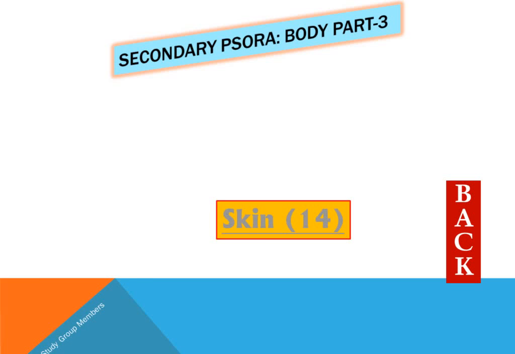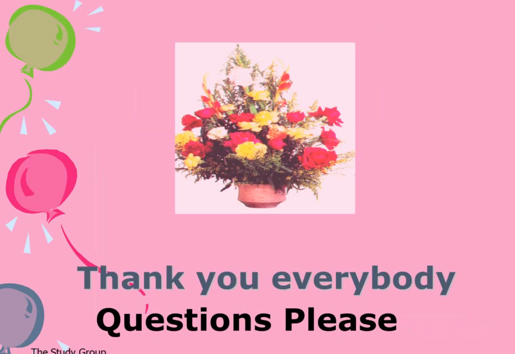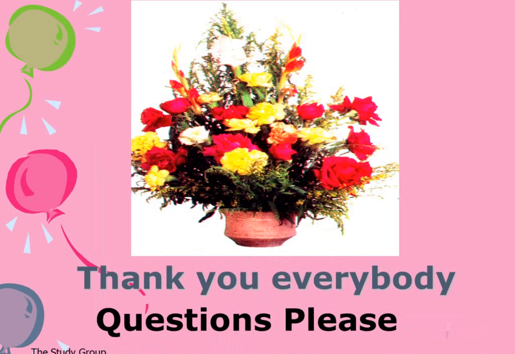So that completes the description of secondary psora, and we have completed reading of the secondary psora, of latent psora from chronic diseases which have been described. In chronic diseases, a special picture of syphilis and sycosis has not been described in detail, it has been described in short. So for the present, this psora, secondary psora picture completes here, and if there are any questions, you can ask them, or you can even place them in